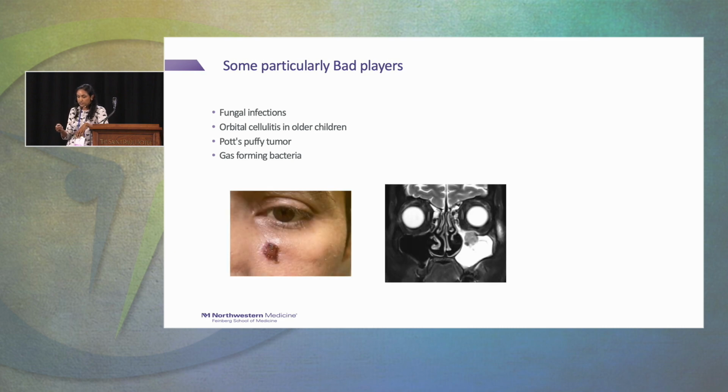So here's a patient who is immunocompromised. He's post-liver transplant, on immunomodulatory medications, and he's got this scab on his skin, very subtle lid edema, nothing too severe. And on his imaging, you can see